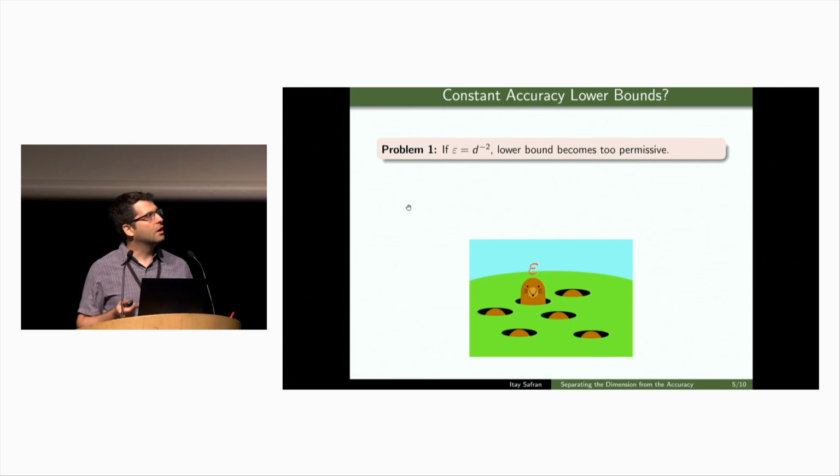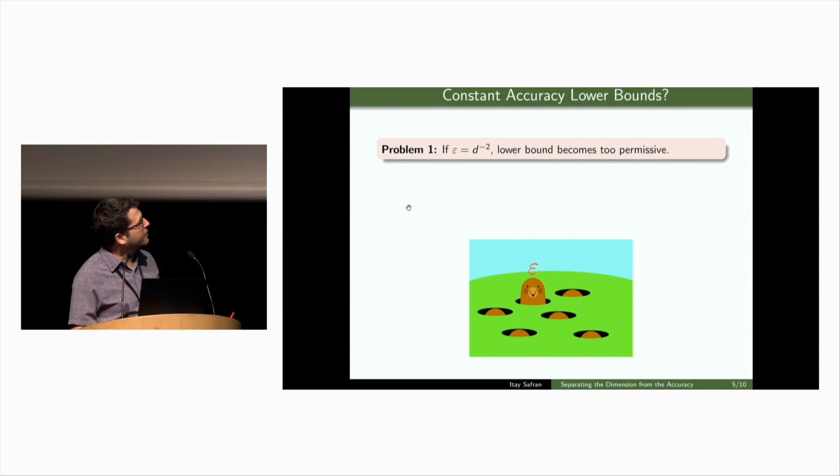Even more so, if we show a matching upper bound, then this might be considered by many as a very strong positive result, right? If I can approximate a function to accuracy 1 over 10 to the 8, that's a very good approximation result. So these bounds are essentially too permissive. But there is a way to circumvent this.